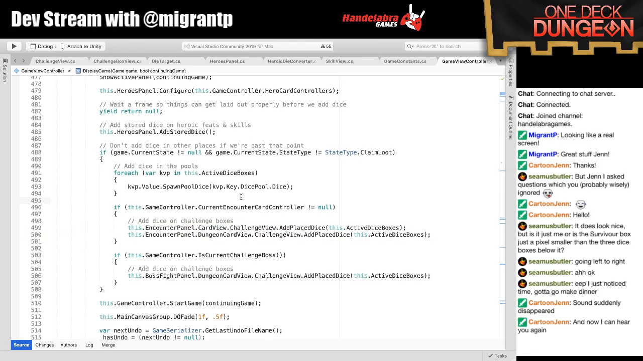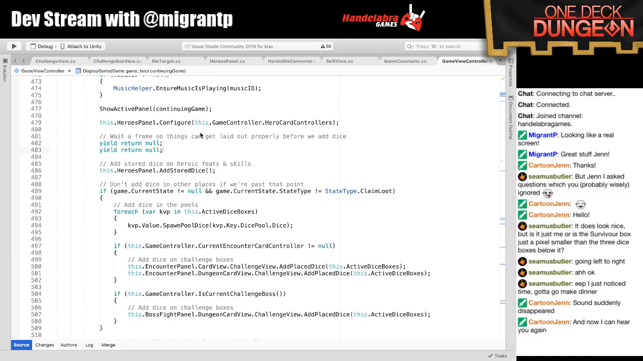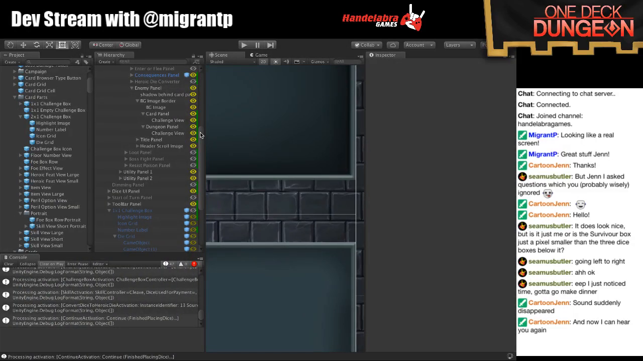But let's wait 2 frames. Sometimes it takes a couple of frames before things get laid out, because we need that update method to run and move the grid to the right spot. But we can't move it to the right spot until the layout has updated based on where things are on the screen. So